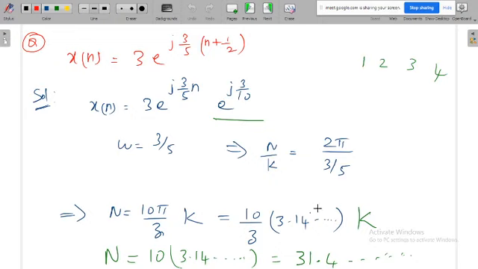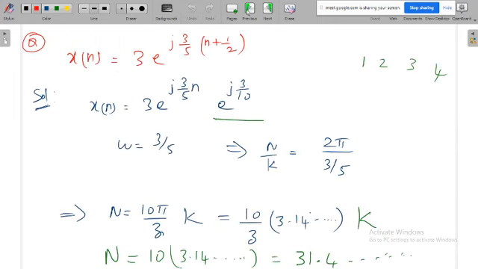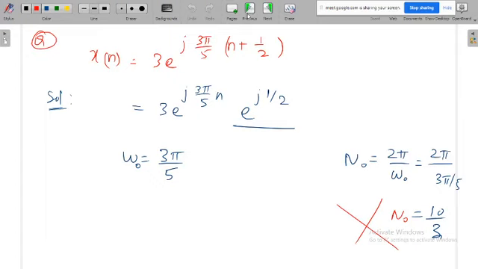Simply 1. So like this, whenever a discrete signal is given, the first step is to draw the graph. From the diagram only you have to observe. There is no shortcut, there is no formula. You have to draw the graph and observe from the graph only. But if the signal is of sinusoidal nature, there is no need for a graph. The formulas are there, so you can use the formula and find the period once the sinusoidal signal is given.